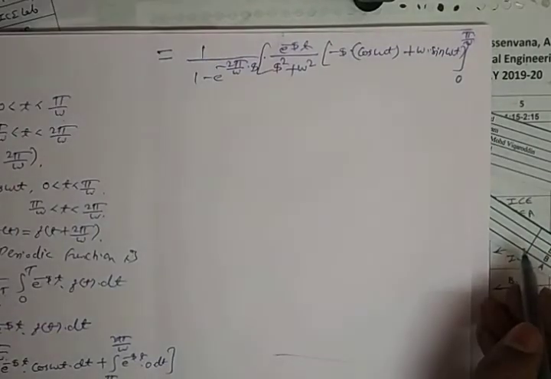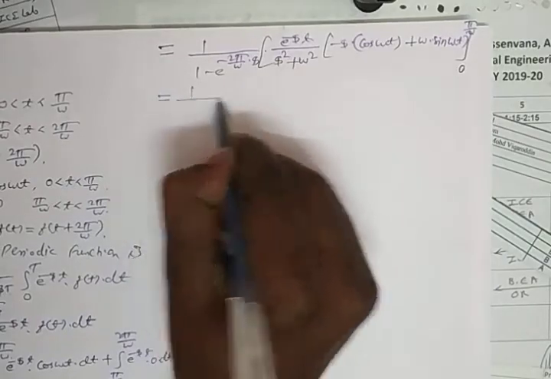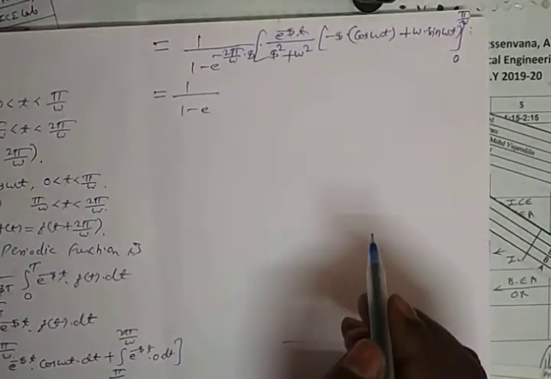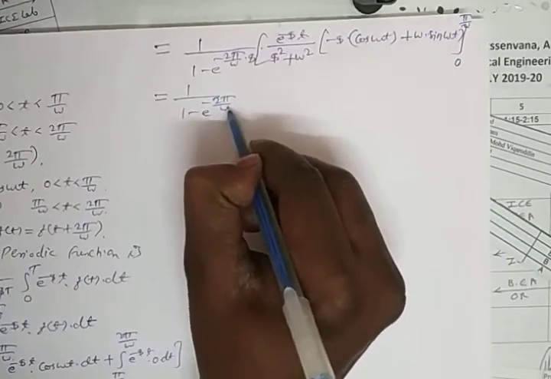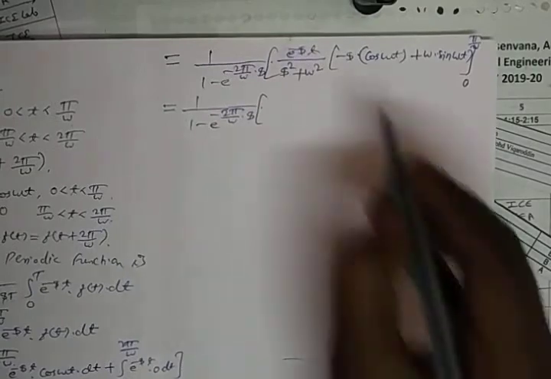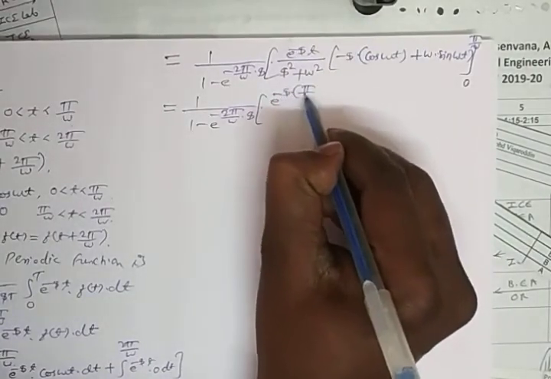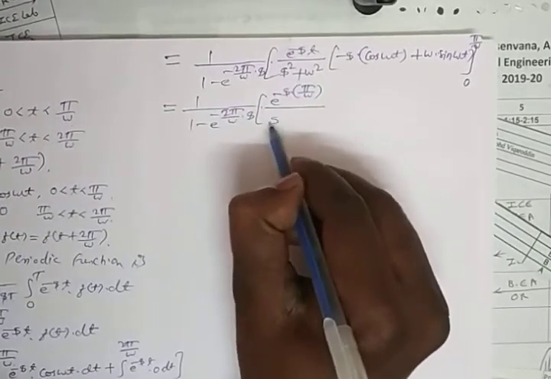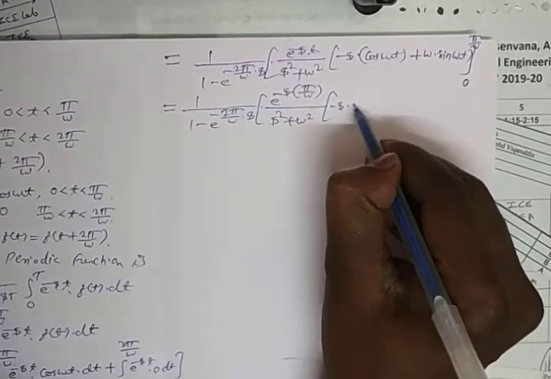Now put the values and calculate the answer here. What we get? 1 upon 1 minus e raised to minus 2 pi by omega into s into bracket. Now put upper limit. So what we get here? e raised to minus s pi by omega upon a square plus omega square in bracket minus s into